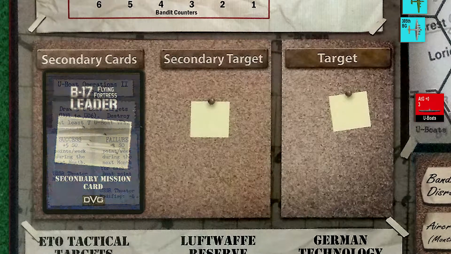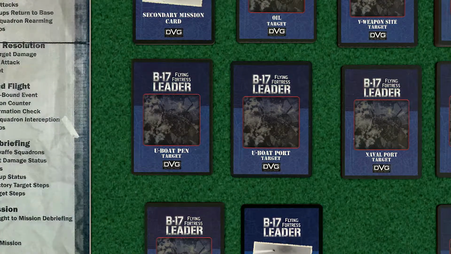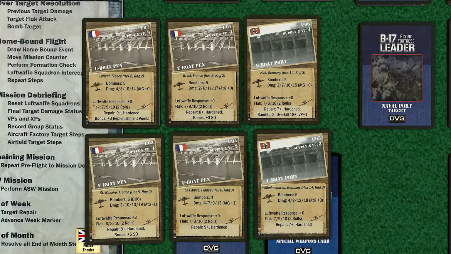Our new mission is U-Boat Operations 2. Great, more U-boats. We are to draw 3 U-boat target cards from U-boat targets 1 through 6. These cards are actually split between 2 target types, U-boat pins and U-boat ports. There are 4 U-boat pin cards that comprise targets 1 through 4, while the U-boat port cards are targets 5